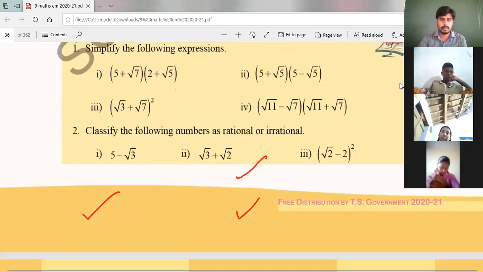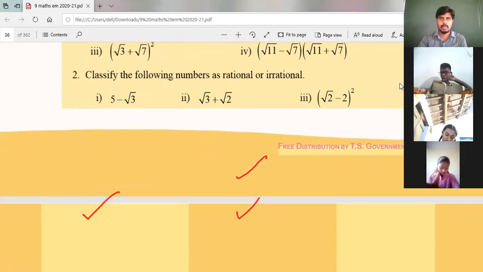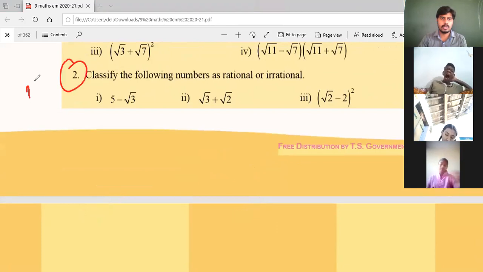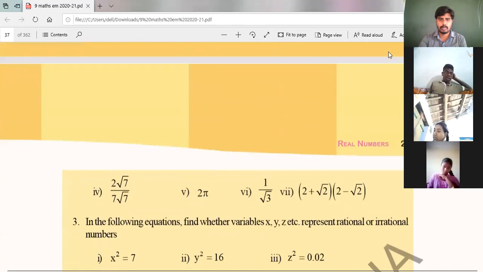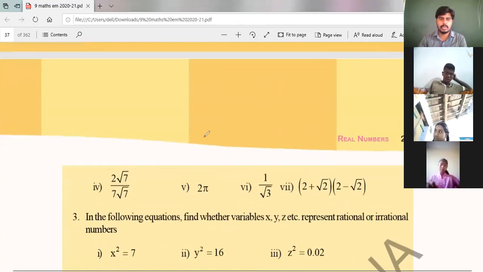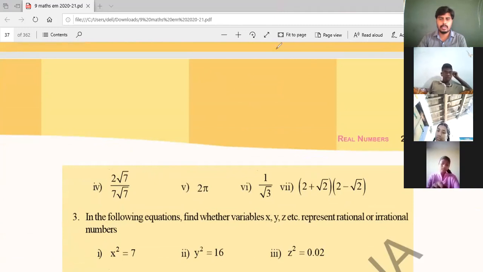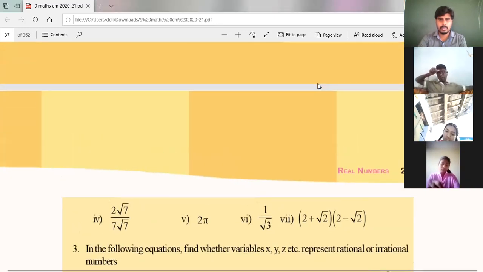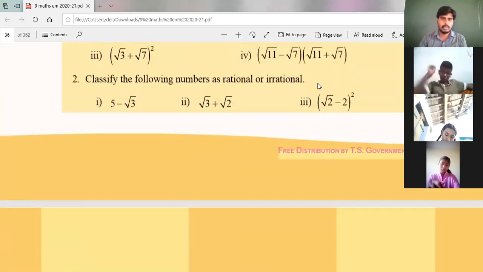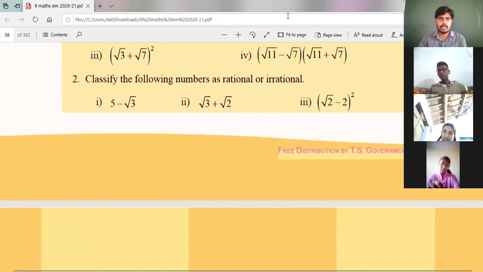And next, look at the second bit. Now, second bit is also homework. Tell me whether the following numbers are rational or irrational. Already we discussed examples very elaborately, so I'm giving you homework. Second bit also. All these are homework. 7 problems we have. Very simple. Just tell whether it is irrational or rational. What is the question? Once again, I will read. Okay, that's it. Whether they are rational or irrational, you have to tell. Okay, take that homework now.